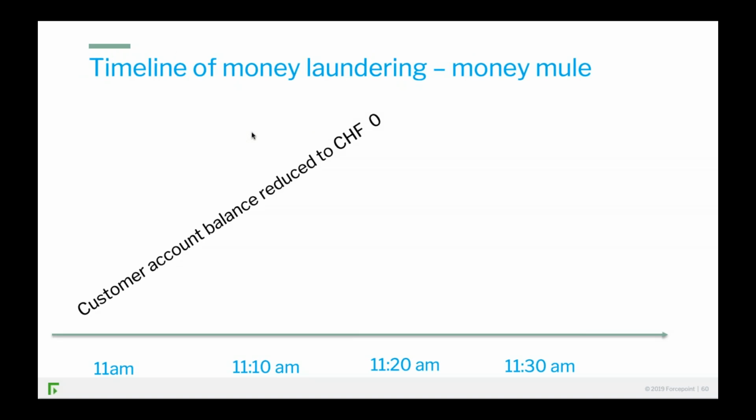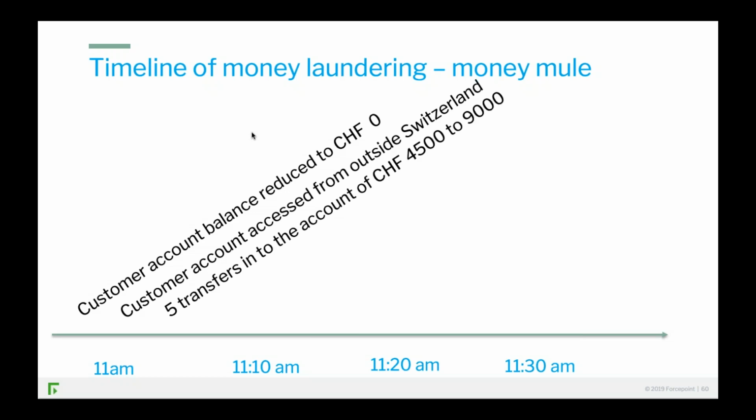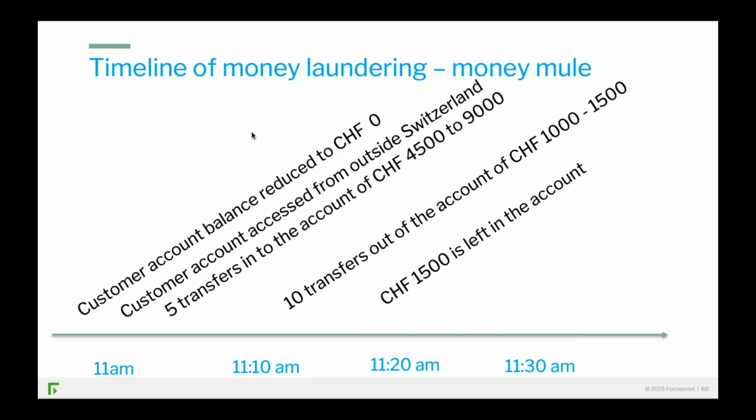So this is a Swiss example here. We're watching the normal balance that a person has. If that balance goes down to zero, slightly more risk. Then we start to see the account gets accessed from outside of the normal geography, or from geographies that are risky or known to be risky. Then there are lots of transfers into the account, lots of transfers out of the account, and then they leave some money.